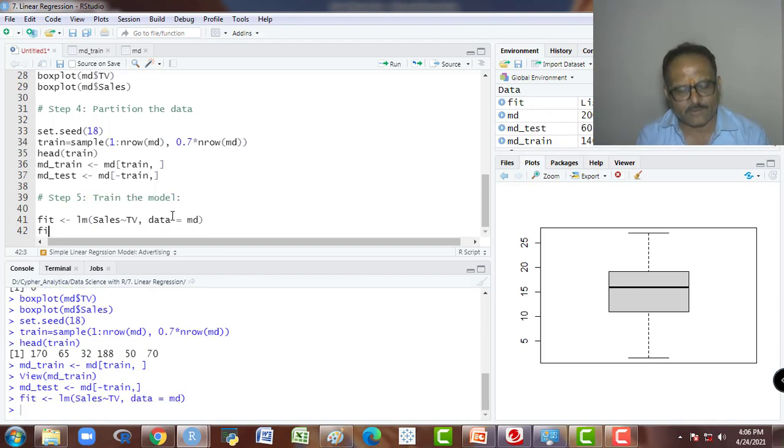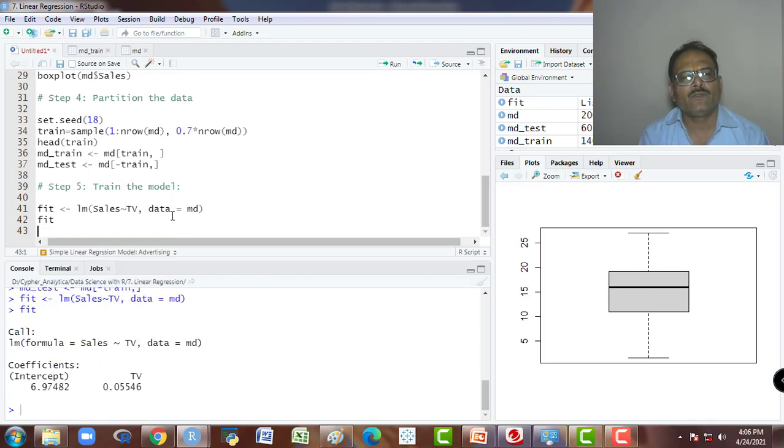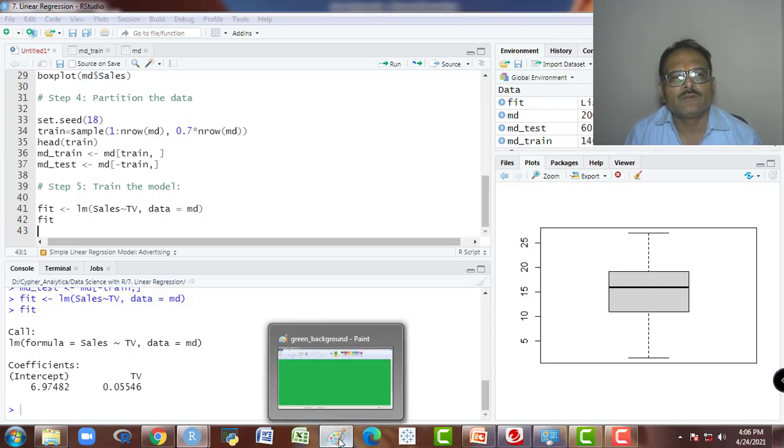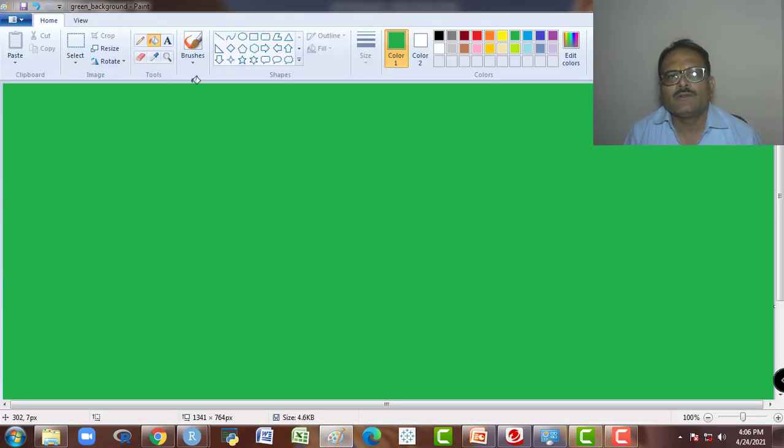If I just run fit, I will get this formula and the coefficients and the intercept. Let me explain what happens here.